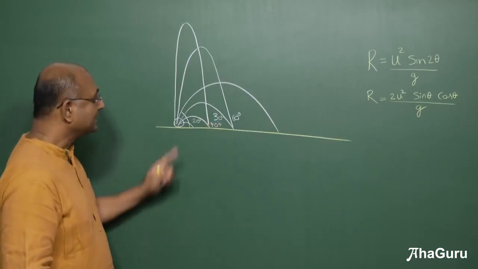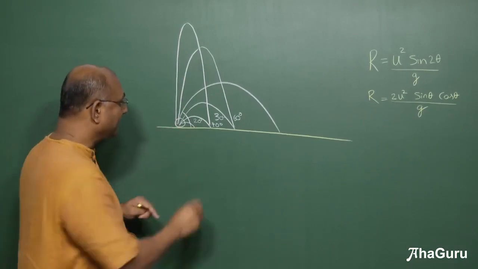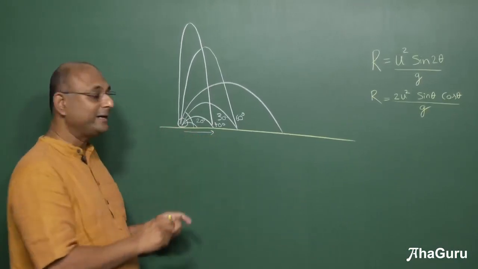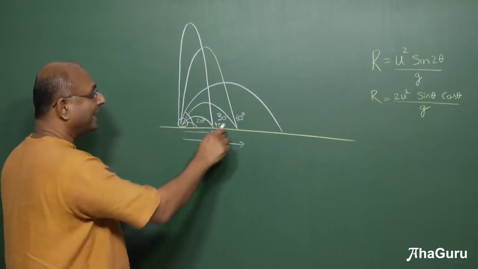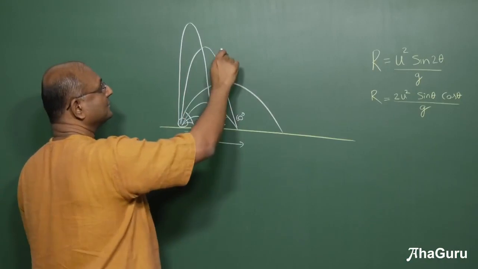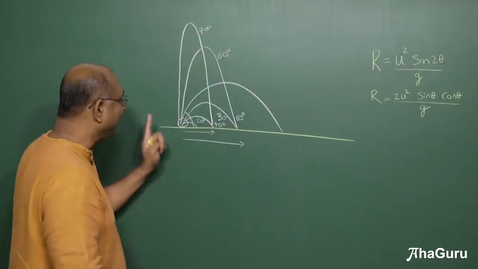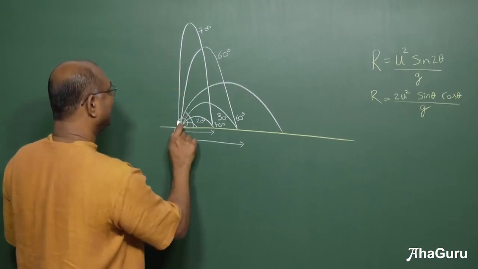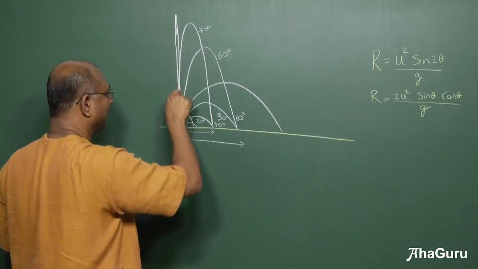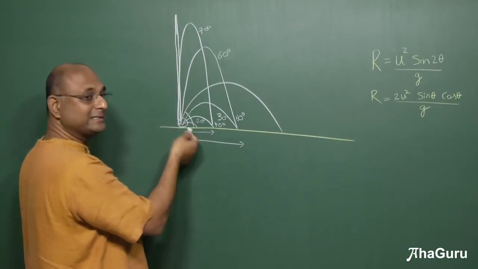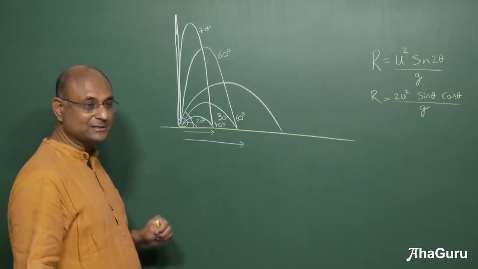Notice something. 70 degrees has a very large height, but it has the same range. The range is the same for 20 and 70. The range is the same for 30 and 60. But the height for 60 is that. So this is 60 degrees. That is 70 degrees. And of course, if I make this vertical, which is 90 degrees, it will go up and come back. It's going to go up higher and then it will come back here. If it is 0 degrees, it will be back there, right? So for 0 and 90, you will see that you have the same range.